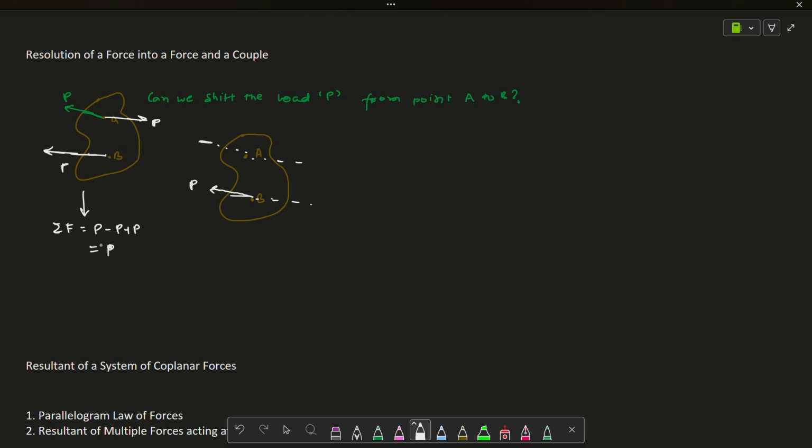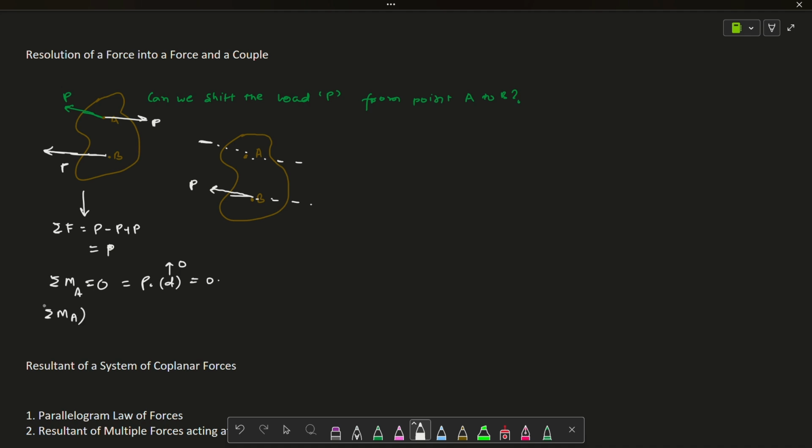Now if we do the moment equilibrium calculation, that is M, let's suppose we are taking the moment balance with respect to A. Initially there is no moment, right? If we do P into the distance, the distance of point A from the point is 0, that's why it's coming as 0. Now in this case